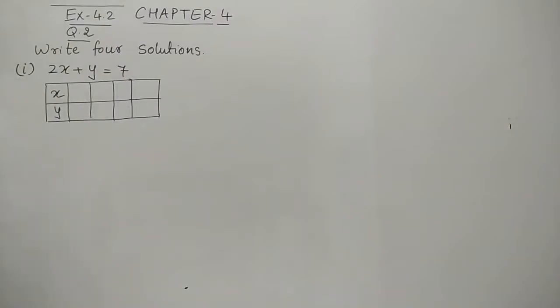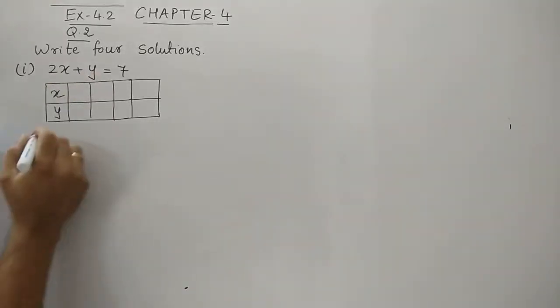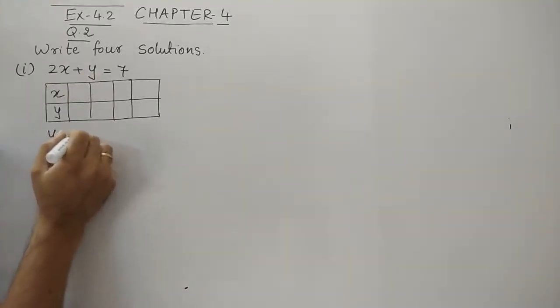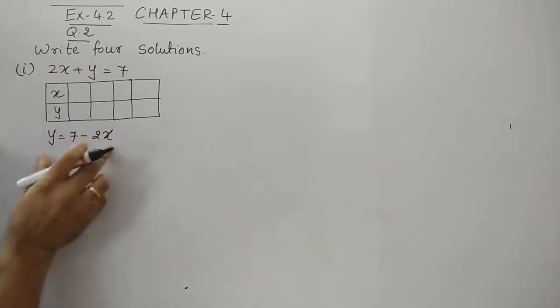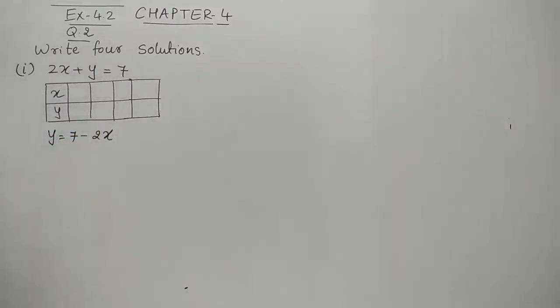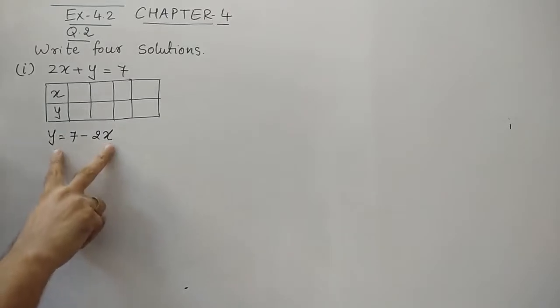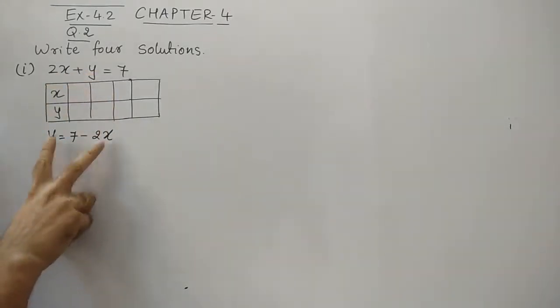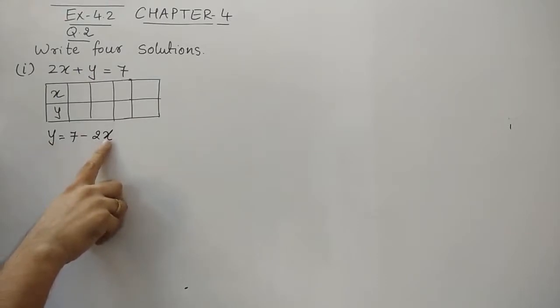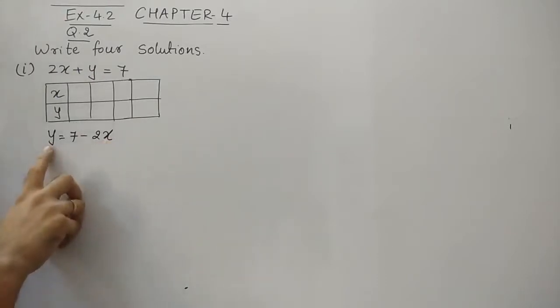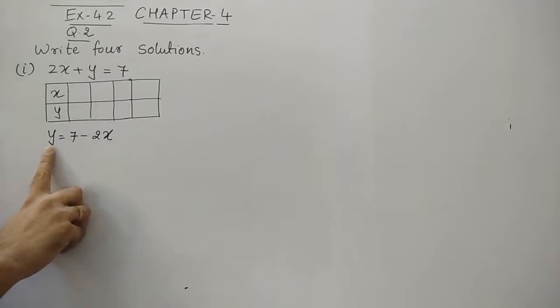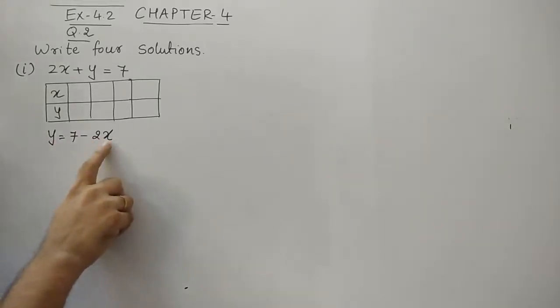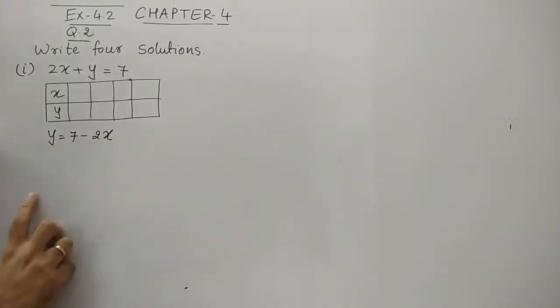Let's make it easy. कैसे easy बना रहे हैं? हम कोई भी एक variable को subject बना देंगे. तो यहाँ पे let's make the subject y. So it will be 7 minus 2x. It is not compulsory to do this, ये बिल्कुल जरूरी नहीं है ऐसा करना. But if we do this, we make one variable the subject, and for the variable which is in the equation we substitute the value, and the variable which is the subject obtains the value. मतलब हम x के लिए values रखेंगे तो हमें y मिलेगा.